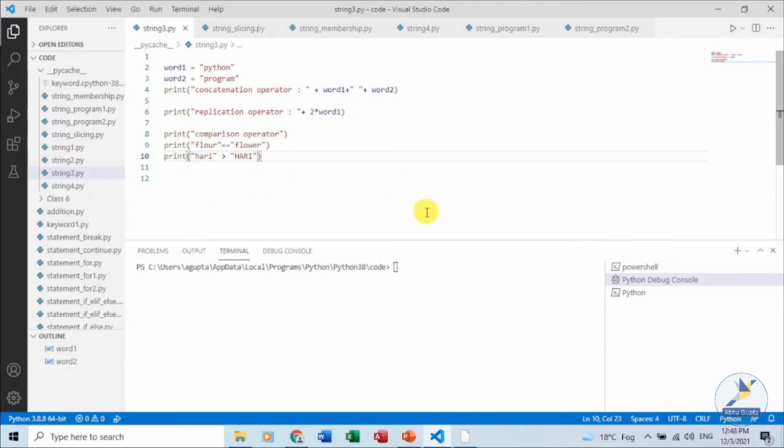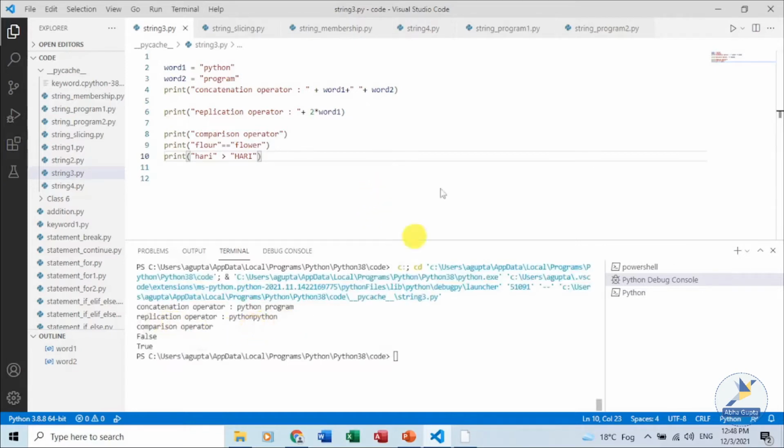The ASCII values of small letter characters start from 97, and the capital alphabets start from 65. For the concatenation operator, we got the result, and Python has been replicated 2 times. For the comparison operator, flower is not equal to Flower, so it is giving me false, and definitely hari in lowercase has a greater ASCII value than Hari, so it is giving me the answer true.